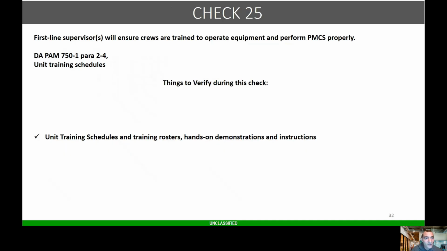Check 25, first line supervisors will ensure crews are trained to operate equipment and perform PMCS properly. So 750-1 and unit training calendars. The check I do: unit training schedules and training rosters, hands-on demonstrations and instructions. So this right here,